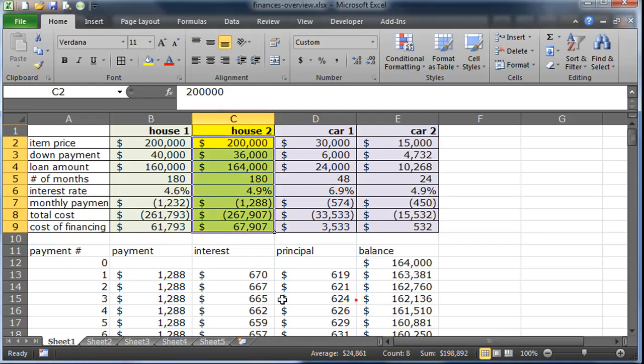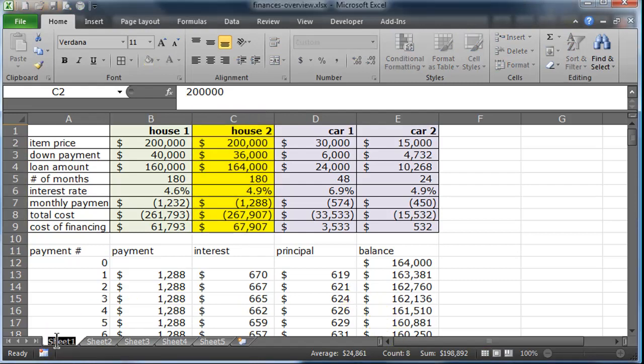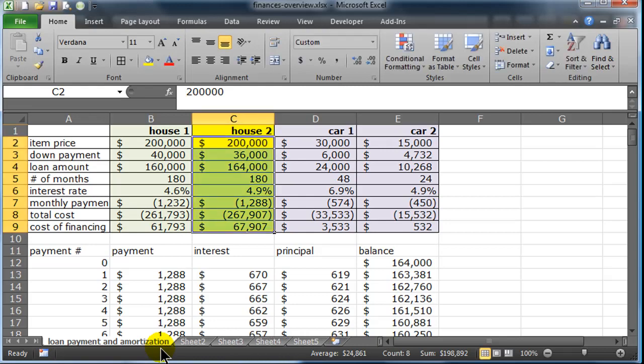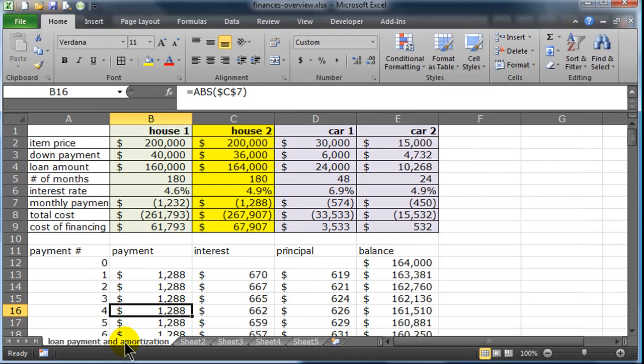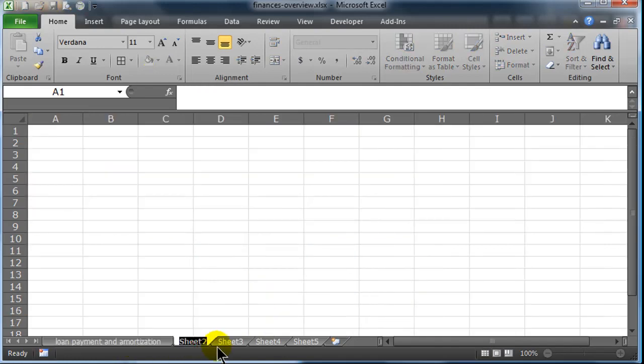Okay, so let's switch gears a little bit. I'm going to double click on this Sheet 1 tab, and I'm going to call it Loan Payment and Amortization. There we go. So now that sheet is very identifiable. And I'm going to do Control S to save. I'm going to go to Sheet 2. And I'll call Sheet 2